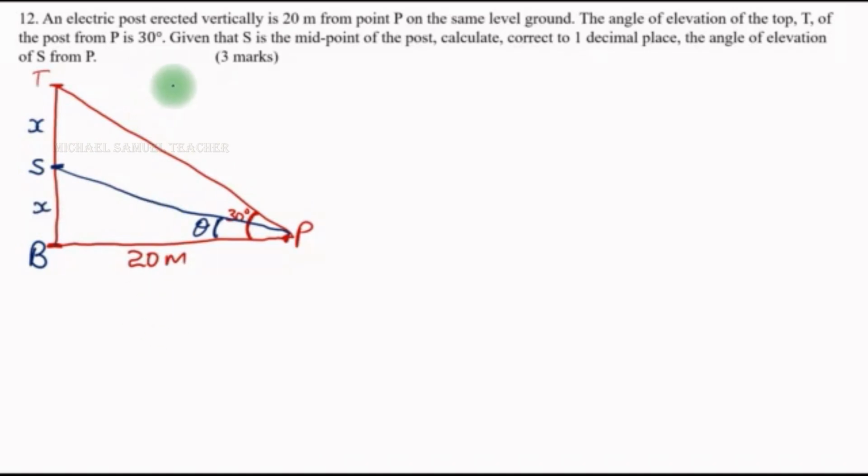So I'm going to apply SOH CAH TOA, but in our case here I'm not interested in the hypotenuse. If we consider this angle, BP is the adjacent and this is the opposite. So I use tangent is opposite over adjacent. So tan theta